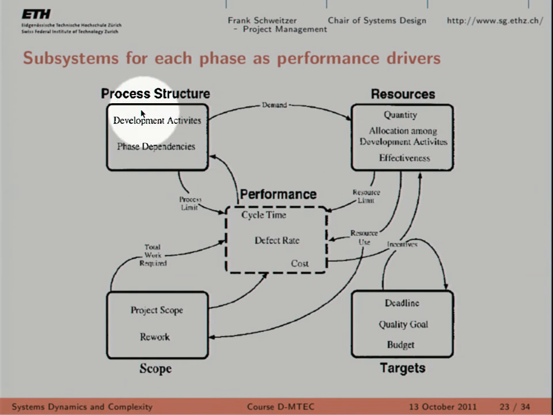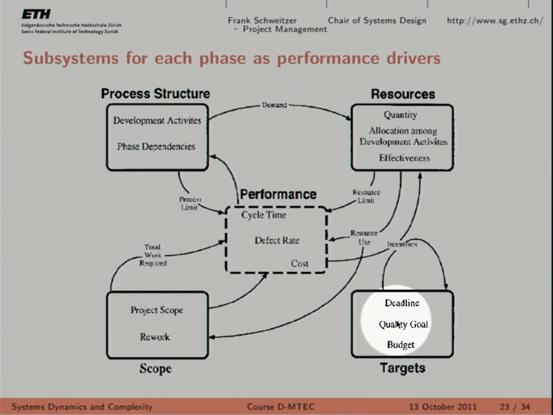So this is a phase where you basically think about what work needs to be done in this phase. Like if it's a design phase, you think about, well, what do designers need to do? If that's a production phase, what do the manufacturing guys need to do? Then you have a kind of a category or a subsystem which is called resources. So these are the available resources. You have the scope of that phase. What is the scope of your design? You just want to design whatever product.